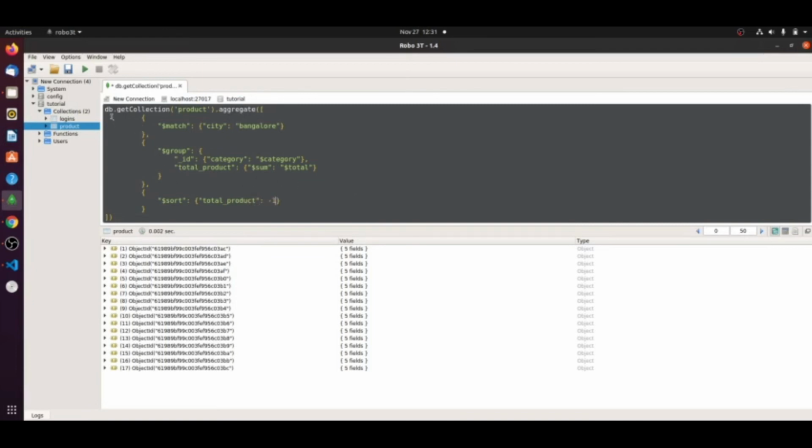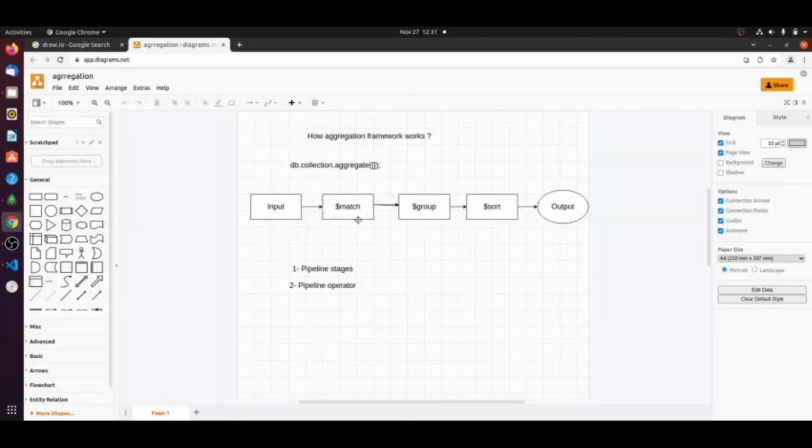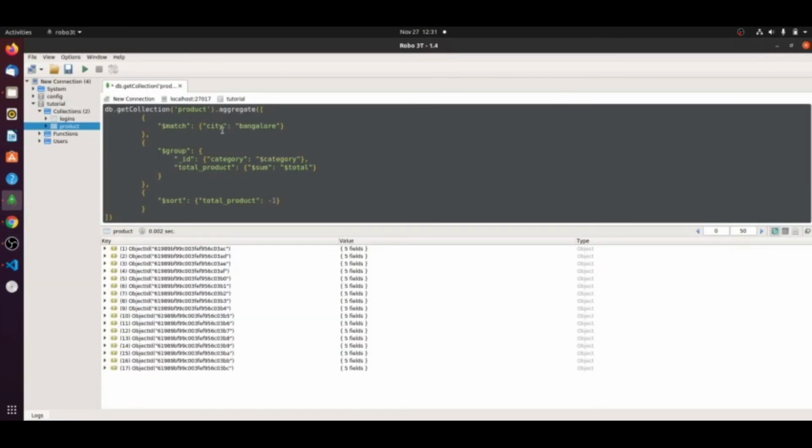So here, if you see this aggregate query, I implemented all three. First match, I matched with the required city. After that I am grouping the records for that particular city as per the category. Third, I am sorting as per the total number of products.